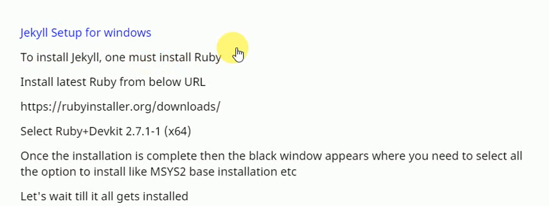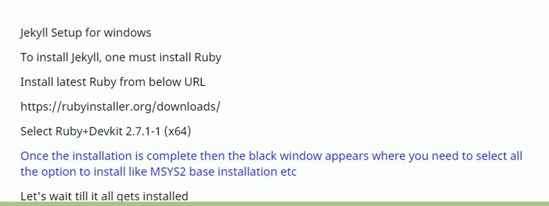Jekyll Setup for Windows. To install Jekyll, one must install Ruby. Install the latest Ruby from the below URL. https://rubyinstaller.org Downloads. Select Ruby+Devkit